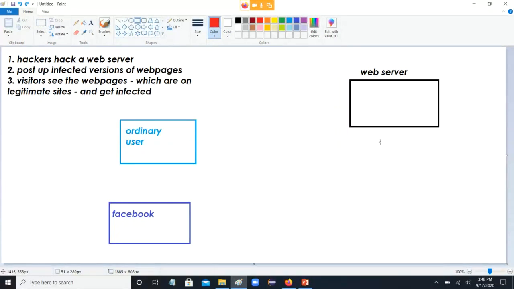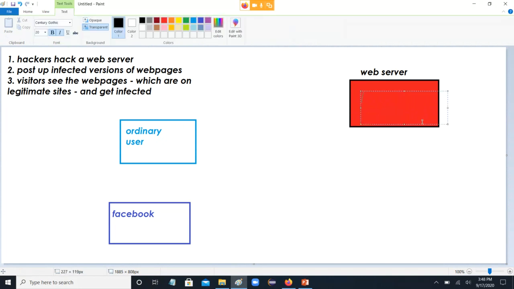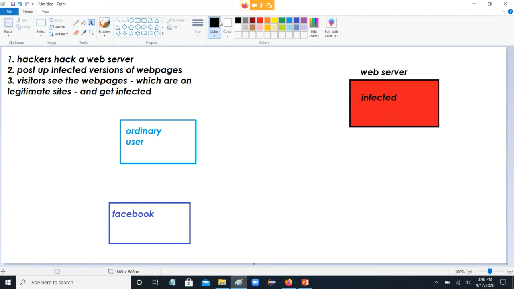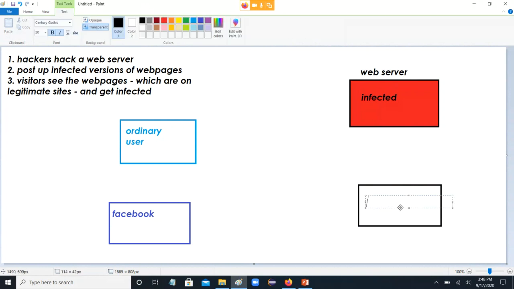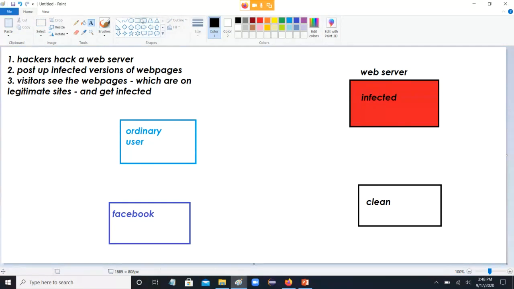But then what the web server guys did is this. They created two versions, right? So they had one infected version, okay, and another one that was clean. And they figured out a way that they would look at the IP address of the visitor, right?